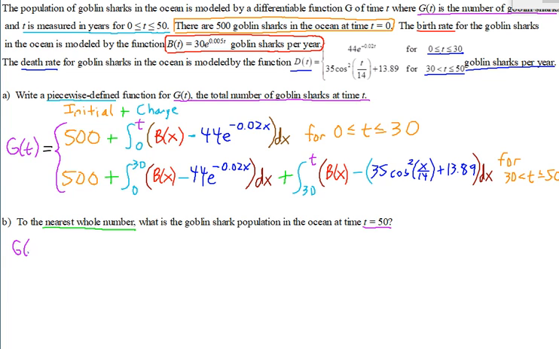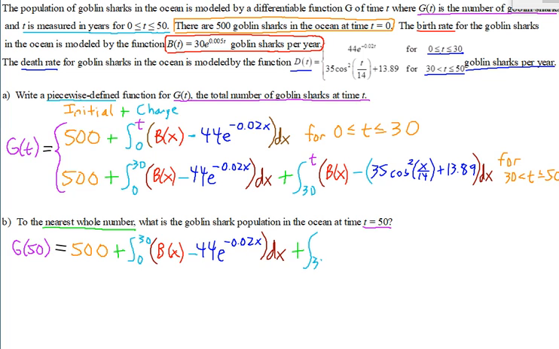So g of 50 would equal, the second piece was 500 plus the integral from 0 to 30 of b of x minus 44e to the negative 0.02x dx, plus